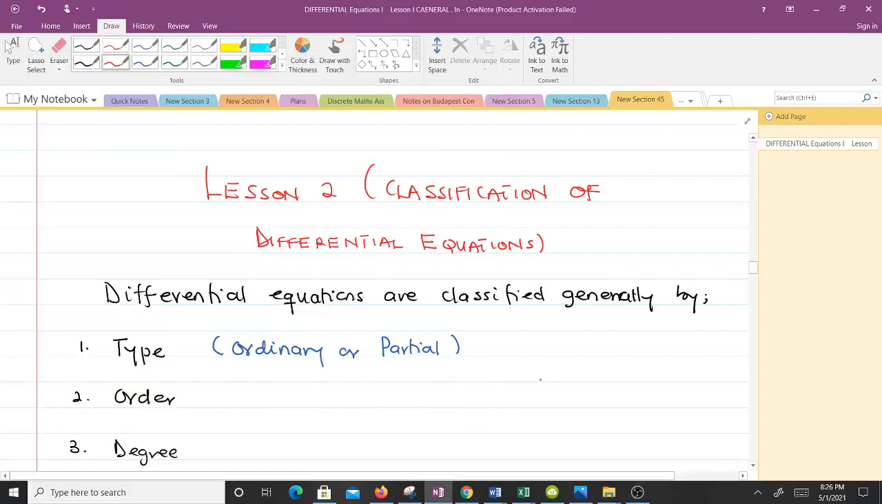So, hello and welcome to lesson 2 of our study of differential equations 1. In this lesson, we are going to learn how to classify differential equations. So, I am Bodo Randolph, a final year student of mathematics,